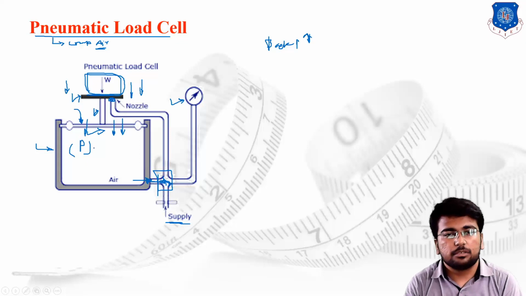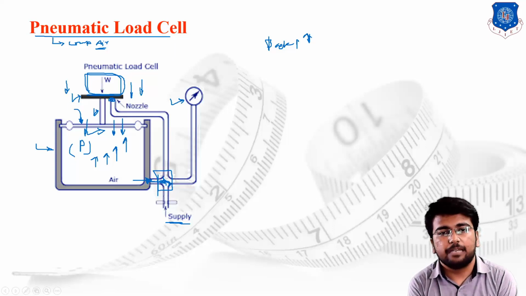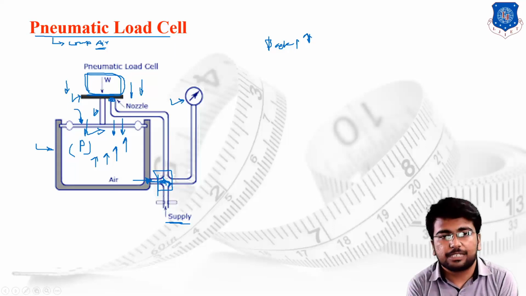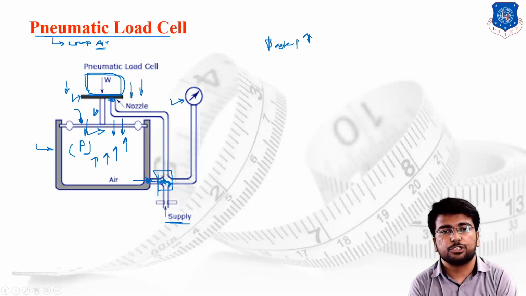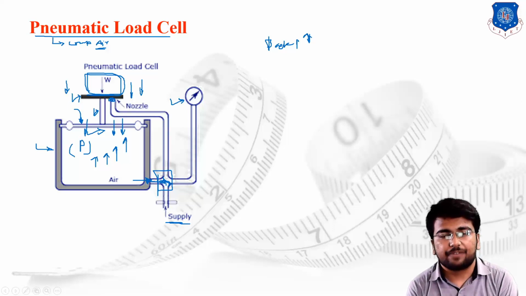Once the compressed air has started passing through the chamber, the pressure inside the chamber will start rising and it will start resisting the downward motion of the diaphragm. And once the equilibrium has been attained, the position of the diaphragm will again reach its zero line condition, or we can say its zero position. And after the diaphragm reaches its zero or ideal condition, what we are supposed to do is simply measure the pressure available inside the chamber.